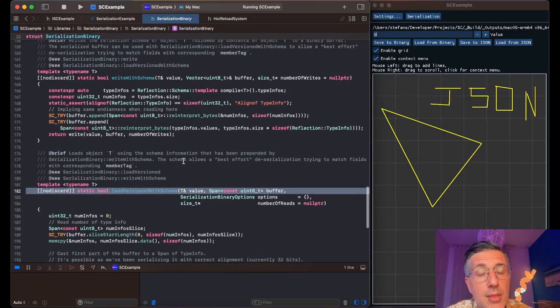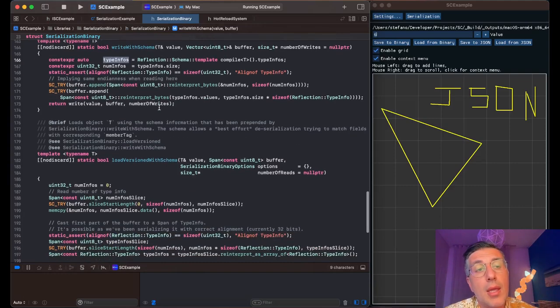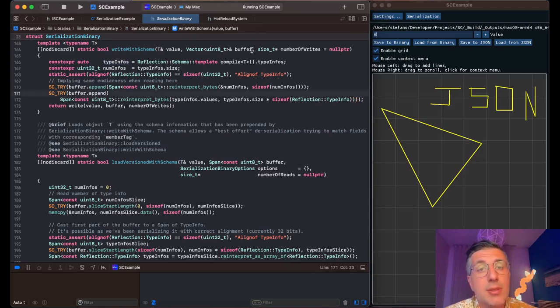The write with schema is taking the schema, which is this context type that describes the data structure you are serializing. You can see it as a signature, if you want, of the type. But it's not just a signature, it's not a hash. It does have detailed information about all of the types. Once you have this type infos, you can just dump them because they are an array of integers at the end of the day. And then you can append whatever is the data that has been generated by the binary